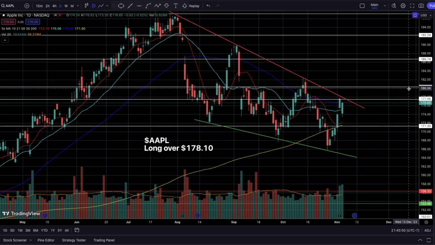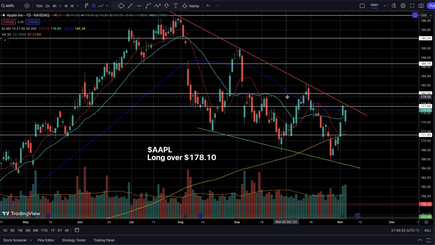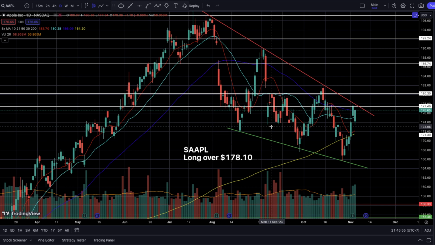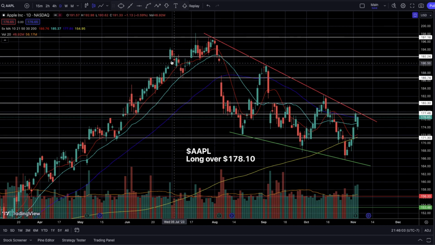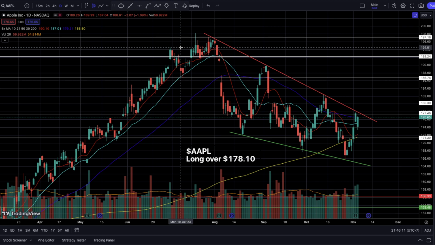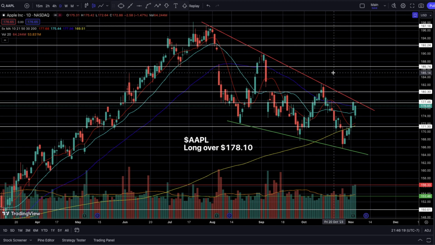So with Apple here on the daily time frame, again, we've been making this flag. I noted this a month ago and a couple of weeks ago as well. The overall markets are also kind of flagging out or making that broader cup and handle chart pattern that I talked about weeks ago, over and over again. Hopefully you guys remember that on the weekly time frame, especially for the S&P 500. With Apple making a flag here, it just makes logical sense, from a technical perspective, that Apple is consolidating just like the S&P 500 is doing as well.